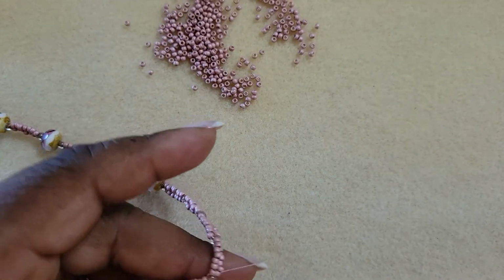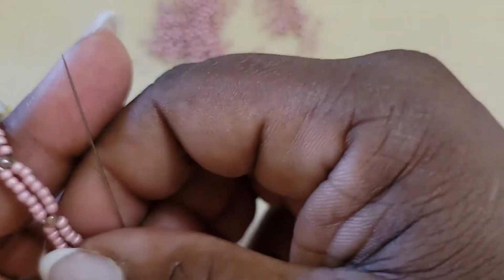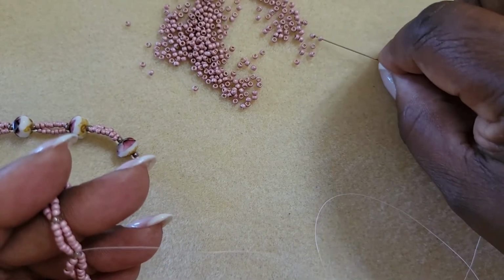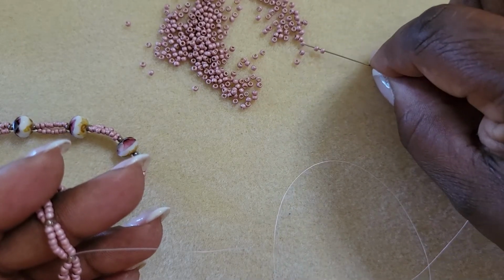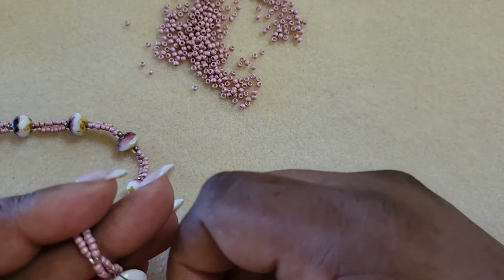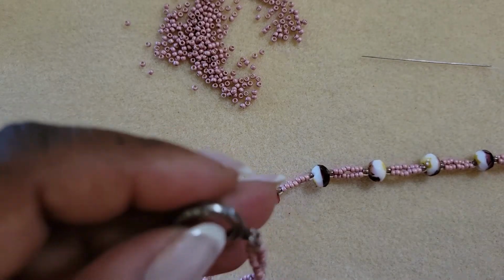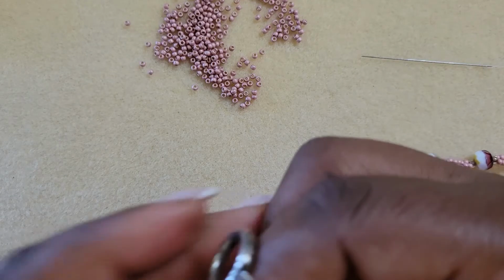This is so simple. I don't know if anybody else has done it, but I really like it. I hadn't seen any videos like this, and I hadn't seen any chain jewelry like this. That's why I felt comfortable doing that. 3, 4, 5, and down. And you just do that all the way down till you get here. And you're going to have to go back the other way anyway, because you're going to have to reinforce your